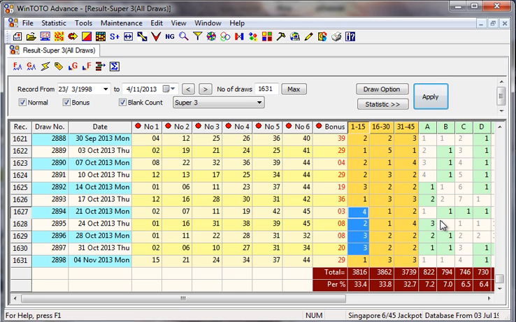Now, there are two schools of thought. One school of thought says that if the last draw result shows very few small numbers, then there's a very good chance that for the next draw we will see an increase in the number of small numbers. But another school of thought feels that we should just continue to follow the trend and not change it. Since there are more big numbers, we just play more big numbers, and maybe take fewer from the small numbers.